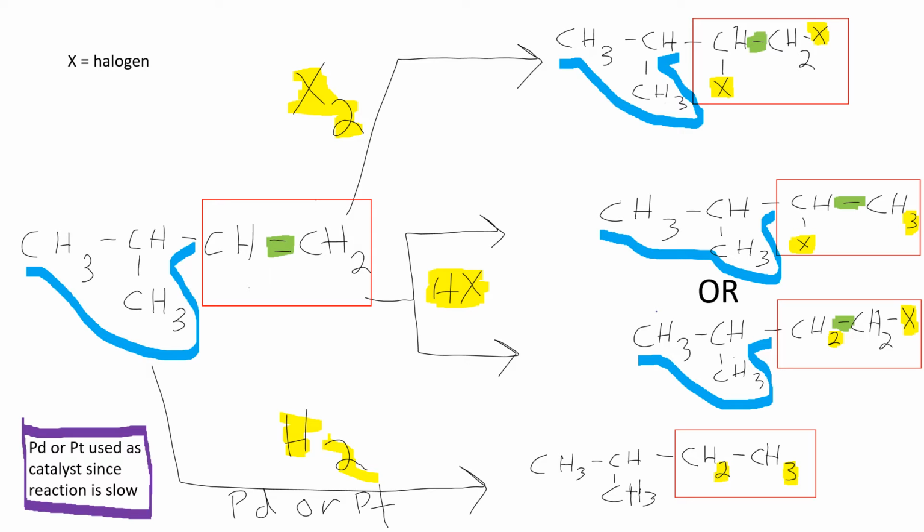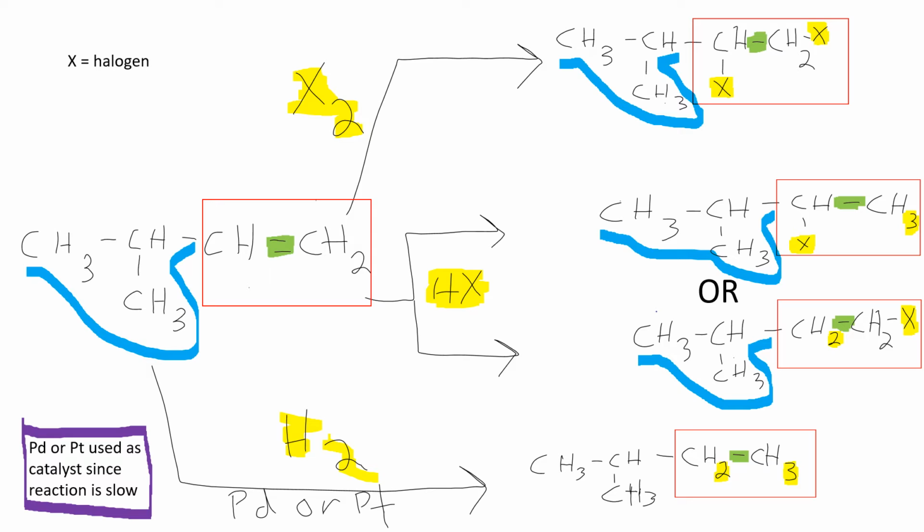I have two hydrogens on that interior carbon now. When I started with one, I added a hydrogen. I now, in my product, have three hydrogens on that end carbon. I started with two. So I added to my carbon-carbon double bond, which is what's going to happen in every single addition reaction. In order to make room for those new bonds, what had to happen? Well, my carbon-carbon double bond had to become a carbon-carbon single bond. Highlighting that in green, you can see that that change still happened.